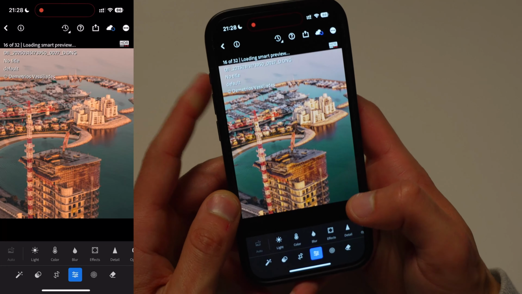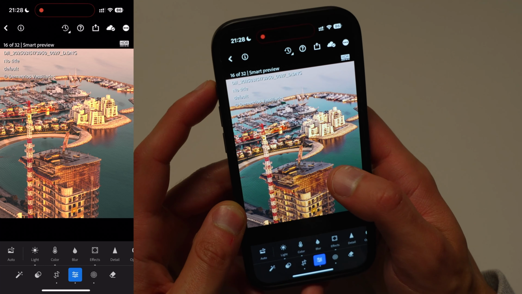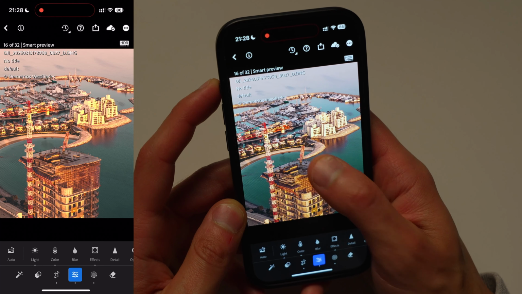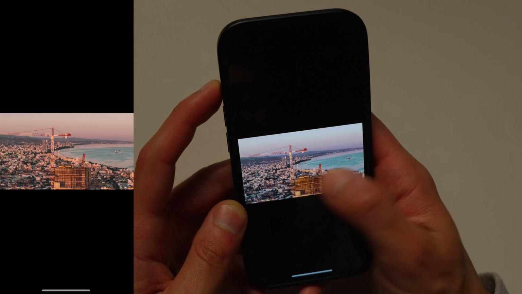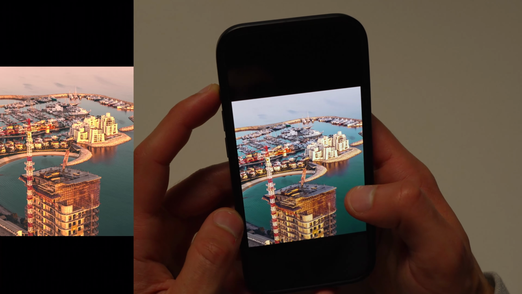Now if we click enter our photos, here you'll have all your editing tools automatically seen. If you just want to scroll through and see the photos, tap on the screen once, and this will give you an option just to swipe without any of the editing tools, which is really handy. When you are in this mode and you're